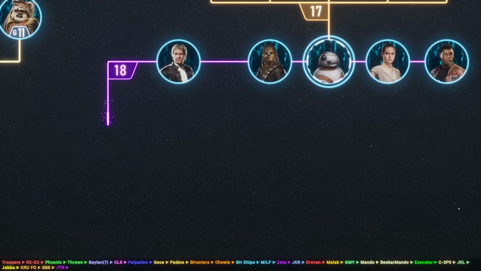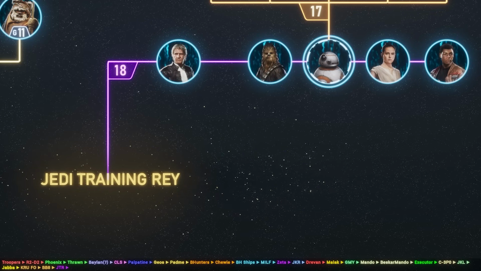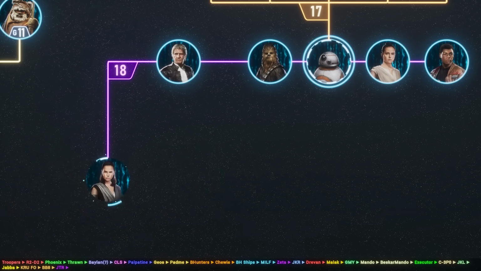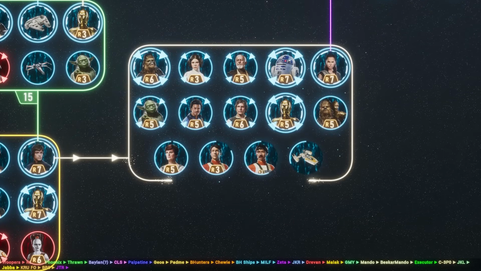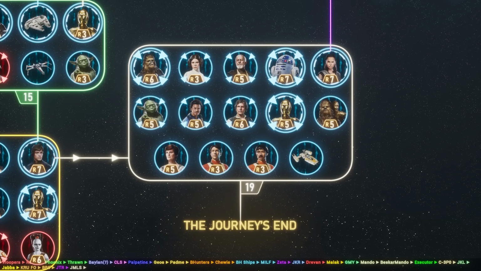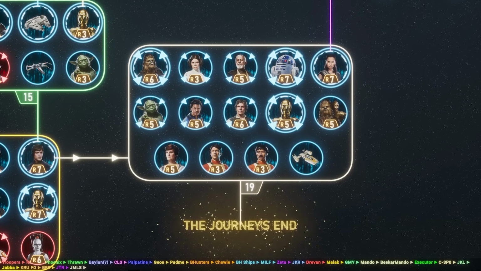But I digress. Once you get your First Order members up and running, we're going to be able to get ourselves Jedi Training Rey, which is a necessity for Jedi Master Luke Skywalker. And once you get Jedi Training Rey up and running, fairly simple thing to get overall. Now we are able to get Jedi Master Luke Skywalker. Oh, it's a good feeling. And Jedi Master Luke is a fairly solid all around. Overall though, not as powerful as Leia and Jabba, but still,